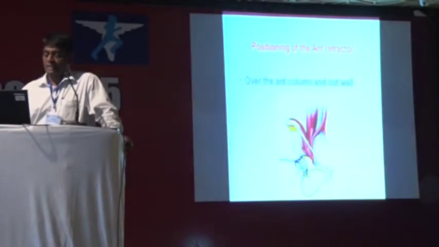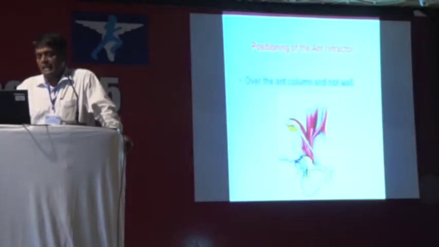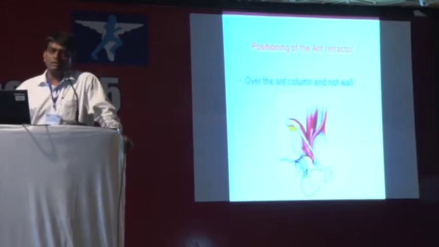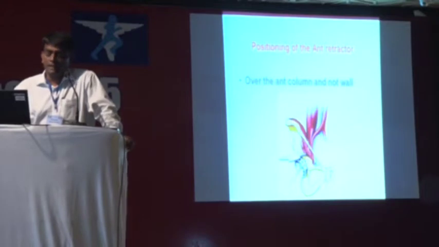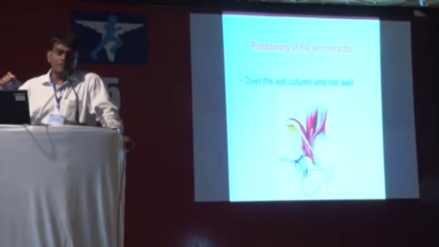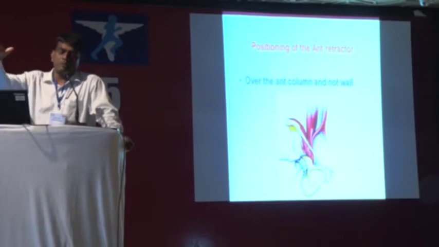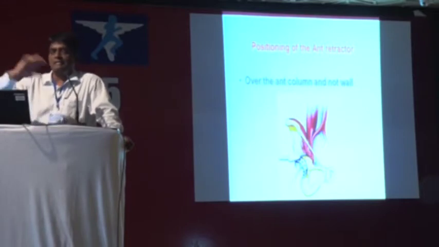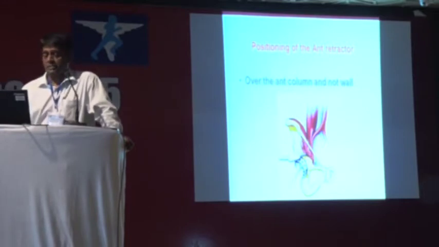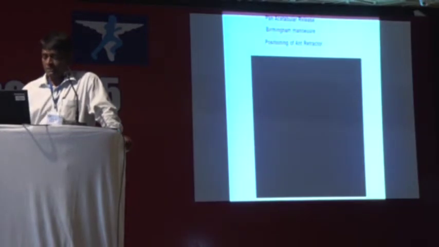I'll show you. The important point about this is that the anterior retractor that you are going to put is not on the wall. Many people are worried because the wall breaks off once or twice. You never put the anterior retractor on the wall. You put it over the anterior column, in the region of the anterior inferior iliac spine. That way you will never break the bone there, and you'll be able to translate the femur really anteriorly and get an excellent view of the acetabulum. I'll try to show you the diagram as well. So this is the brief overview of the